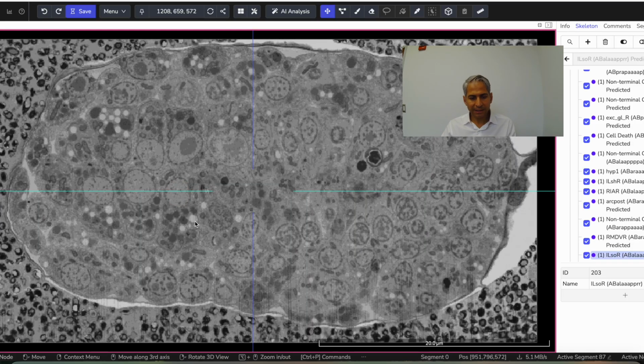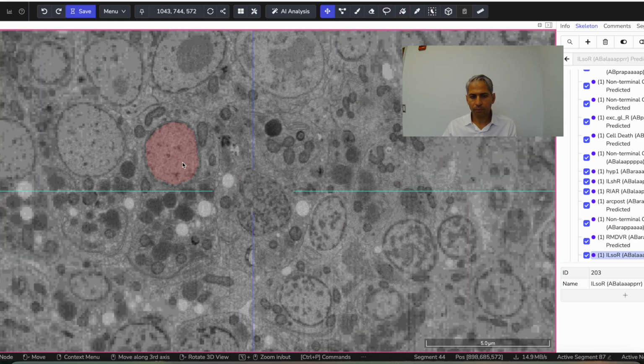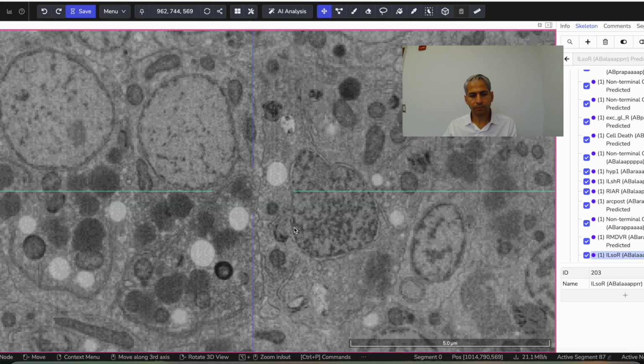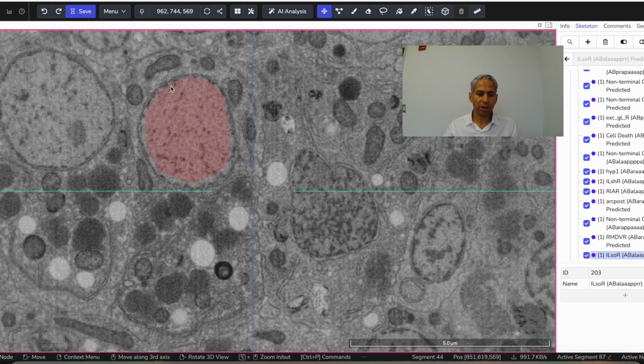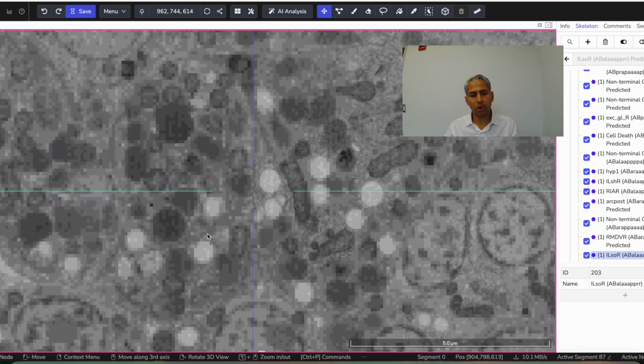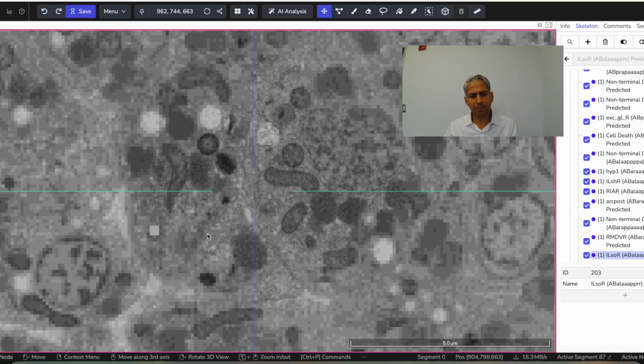Let's practice a little bit. Let's take this gut cell over here. Let's zoom in a little bit. And we can see already an asymmetry. It's not a sphere, it's more elongated. It's like an elongated cuboidal shape. And then within the cell, we can see that the nucleus is on the left side of the cell rather than on the right side. That's an asymmetry. And then if we go to the very top of the cell,